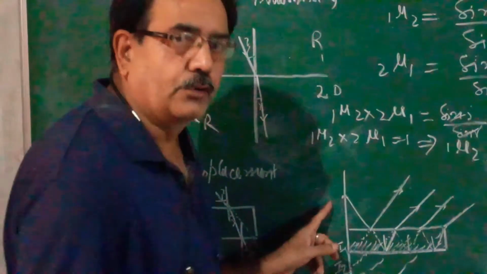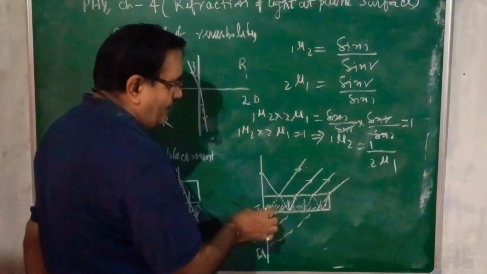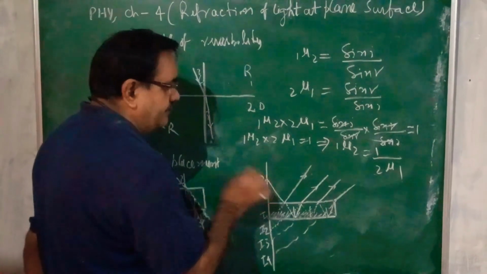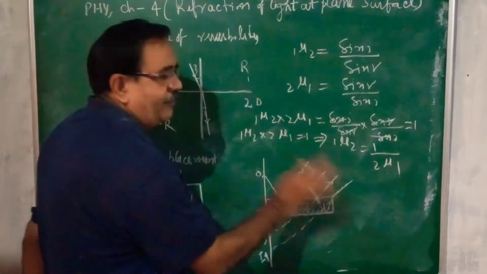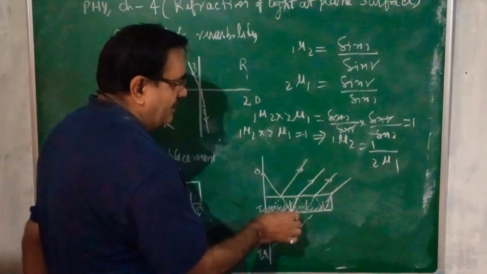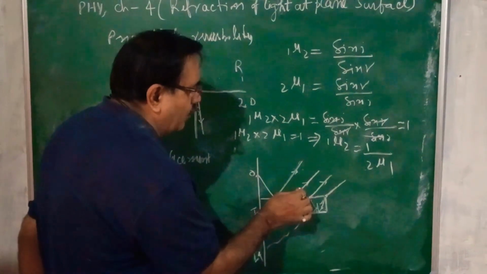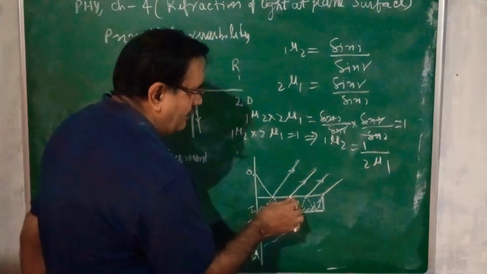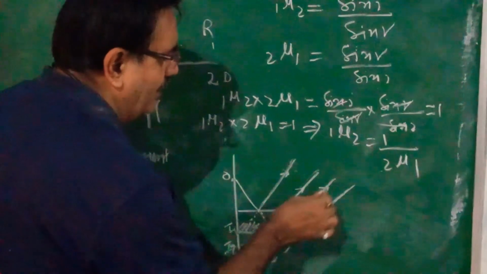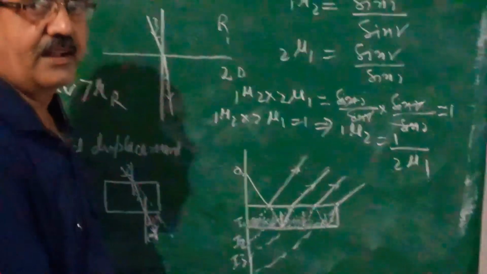And the last topic for today: in front of a thick plane mirror, not thin, this is the polished surface of the plane mirror. If we keep an object, several images will be formed. Reflection, some part refracted; reflection here because the medium is the same, then from one medium to another, so refraction, again some part reflected, then here refraction. So whenever the medium changes, refraction; if the same medium, reflection.